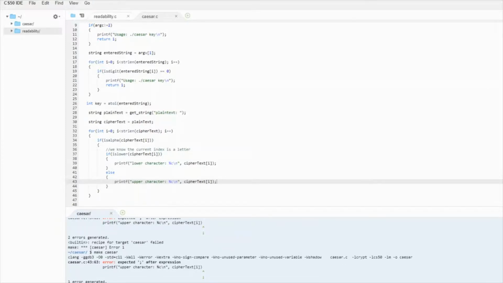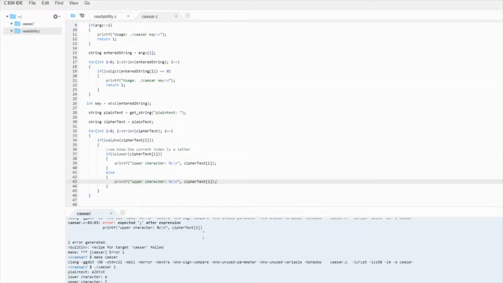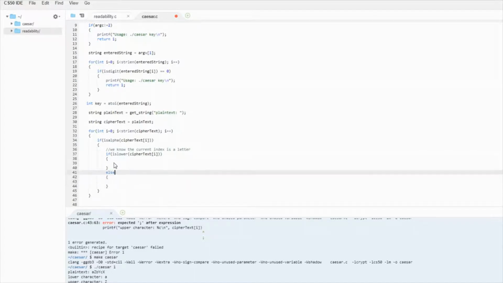So I'm going to make this a combination of upper and lowercase letters, so let's do a Z, B, Y, C, W, or X. This should just print those out as either upper or lowercase. Cool. So we know is upper, is lower, and is upper are working. Delete this.